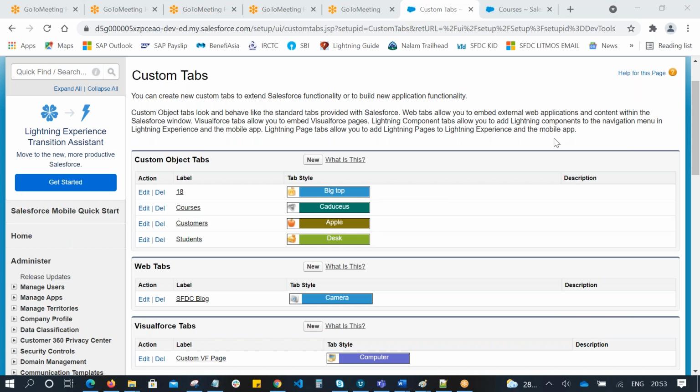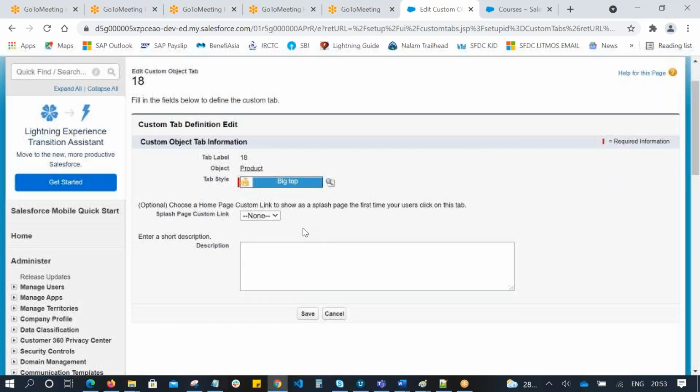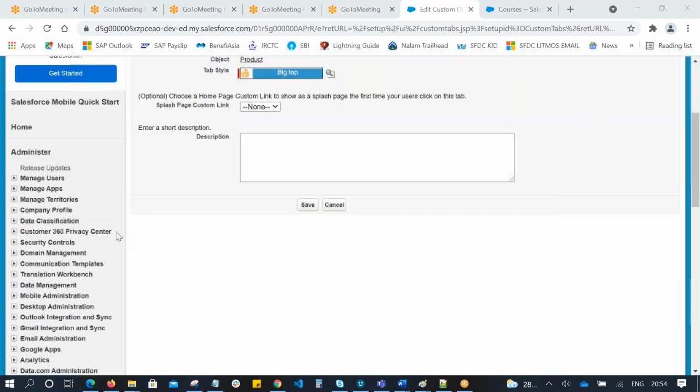Like I thought of creating the objects that of length. So at the tab level we have to specify products.